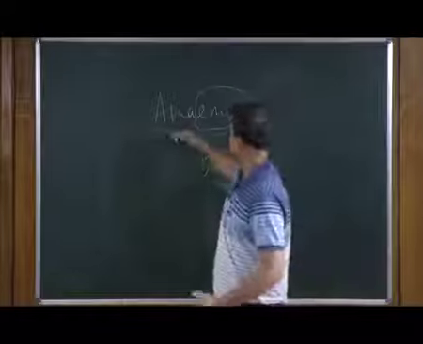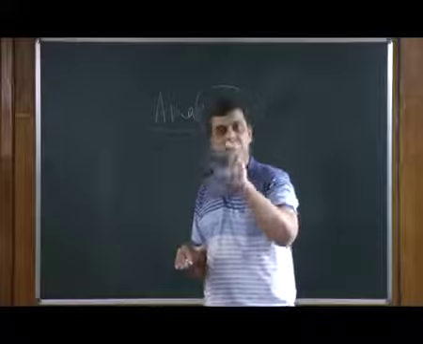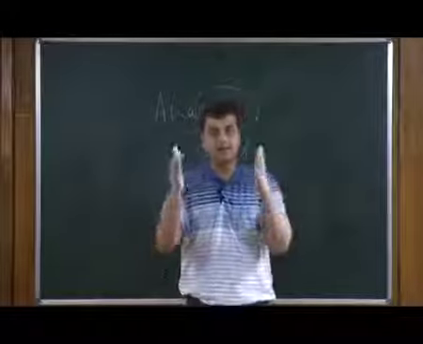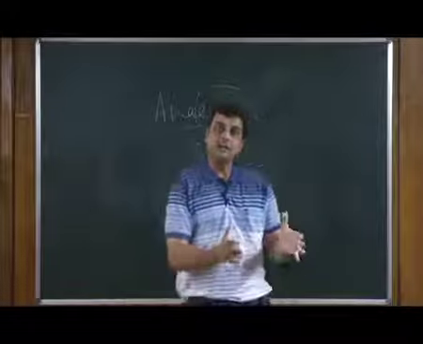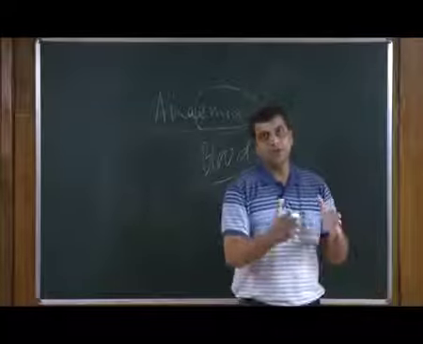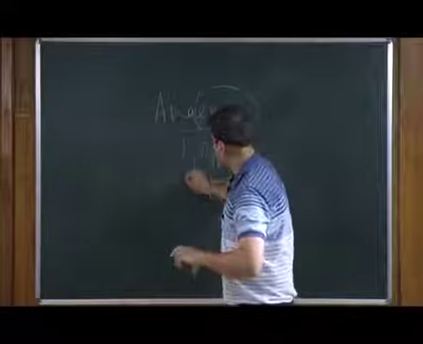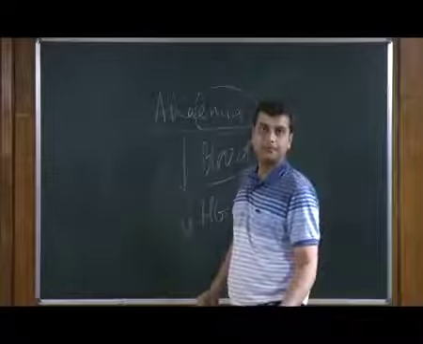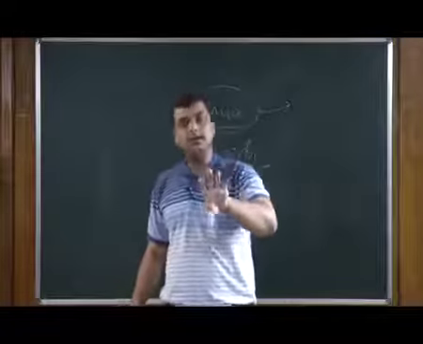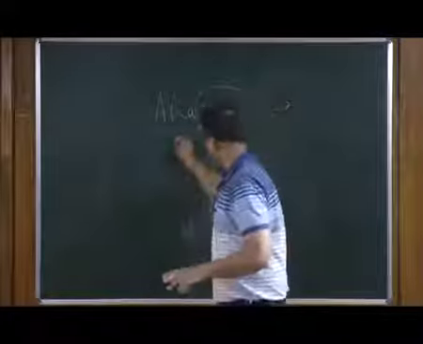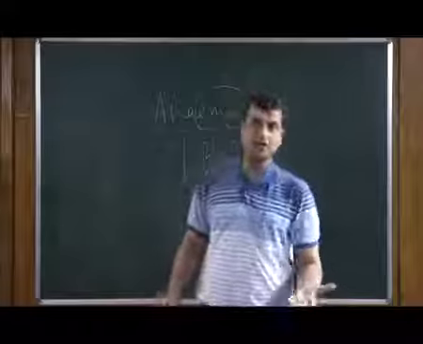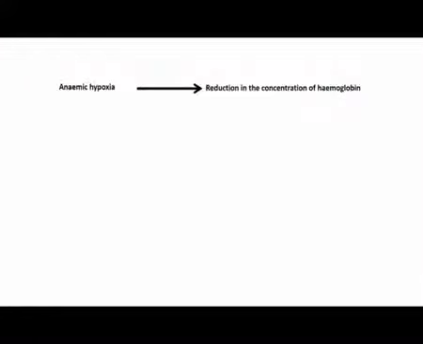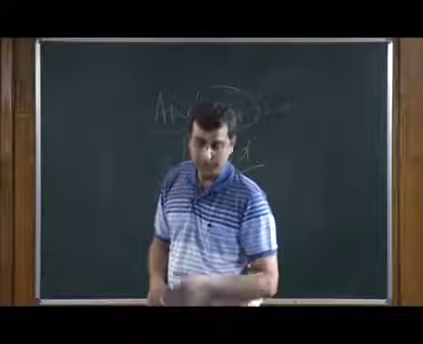That means anemia is a condition where the whole blood volume, the whole blood picture, is very less compared to the normal one. So, if blood is less, there is less hemoglobin. If hemoglobin is less, there is less carrying capacity of oxygen. Anything related to less blood and less hemoglobin is what we call anemic hypoxia. Anything that alters the oxygen concentration because of deviation in the blood volume is what we call anemic hypoxia. So, anemic hypoxia is just a reduced concentration of hemoglobin. The next one is